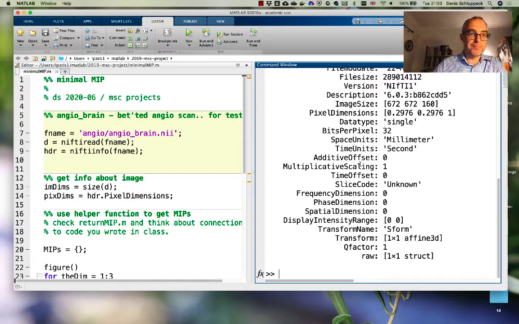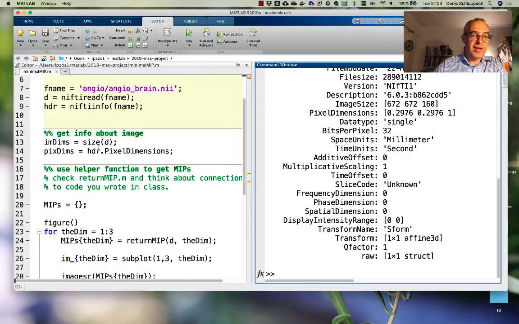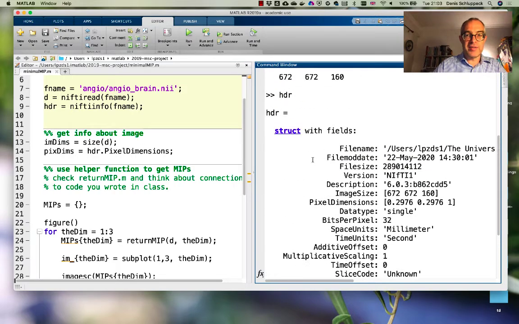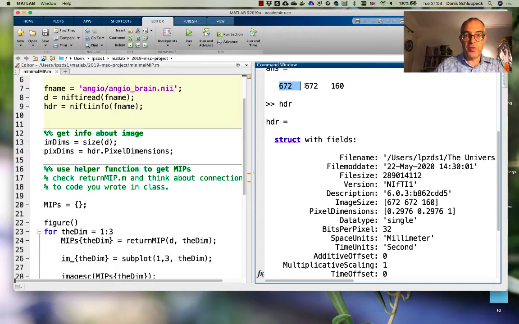Before moving forward, I'm going to grab some information that's going to be useful later on when I play around with this particular data set. One thing that we want to know for sure is how big this image is, so we want to store that information in a variable so we can use it again. And then the other thing that's important for visualizing things correctly is